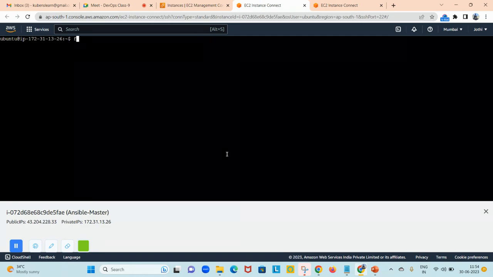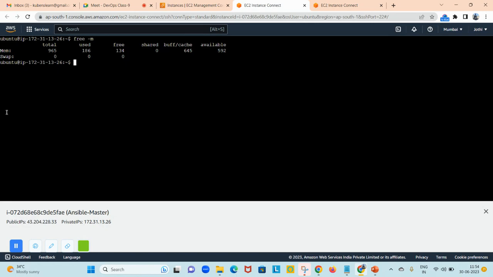There is a command called free -m. This will show the memory status of the server: how much total memory is there, how much is used, how much is free, all these kinds of things. Let us try to execute this command on the slave and get the output from the slave nodes. So Ansible